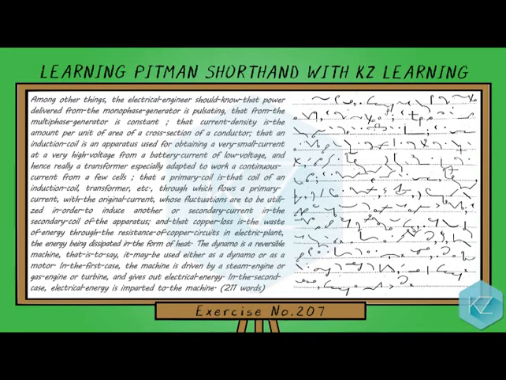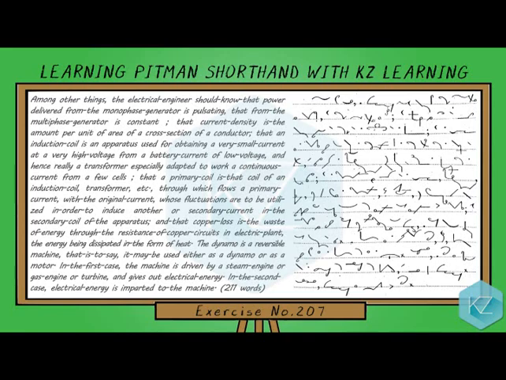that an induction coil is an apparatus used for obtaining a very small current at a very high voltage from a battery current of low voltage, and hence rarely a transformer especially adapted to work a continuous current from a few cells,